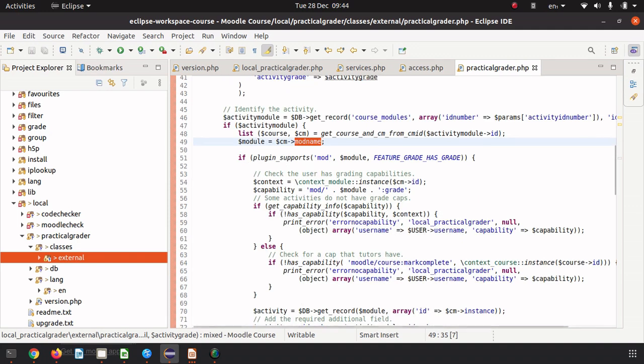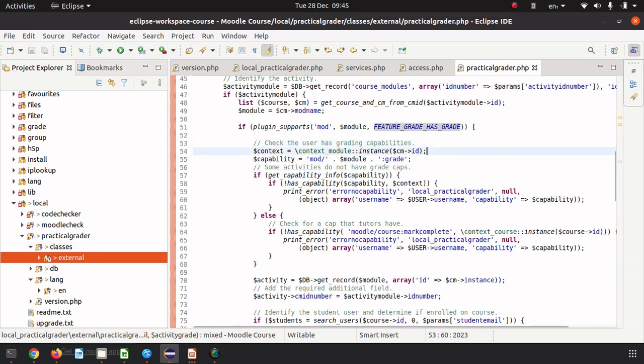Okay, and then we do some checks. So we check if the plugin actually supports feature grade has grade. So it checks to see if the module itself actually supports grading. Okay, and then we get the context of the module. We check if the user has that grading capability. Now we're checking that the teacher that is logged in will have the capabilities to access the service. But now we are ensuring that that teacher actually has the capability to actually grade pupils in that course. Okay, so we're checking for that